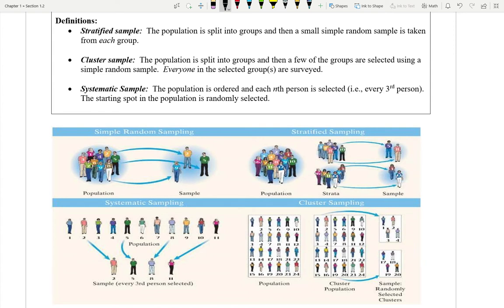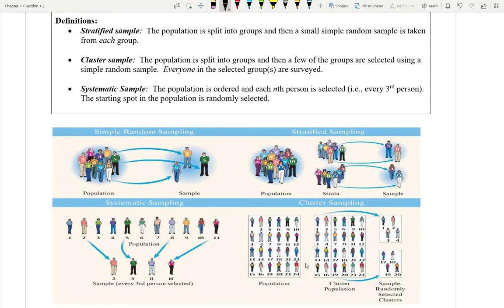In the last video, we talked about the idea of a simple random sample. And in this video, we're going to be talking about three other types of sampling that are kind of based on this idea. These happen to be the stratified sample, the cluster sample, and the systematic sample. Now, I have some pictures down here that are going to help us visualize what these different sampling